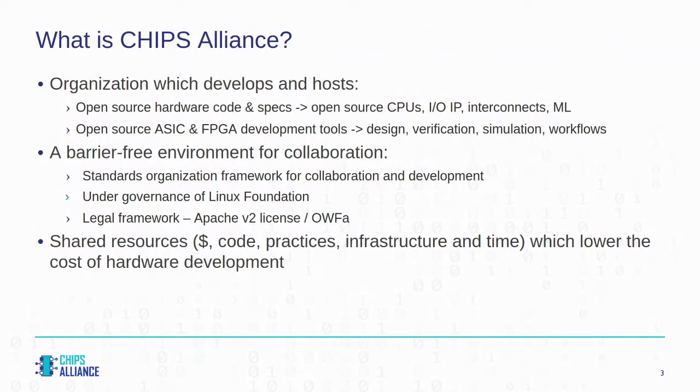Chips Alliance, we consider ourselves unique in the sense that, first up, of course, it's an organization that you can join, right? It's a Linux Foundation hosted organization that hosts companies and universities. And what we're doing as part of this effort is developing and hosting first open source hardware code and specs, right? So you could think open source CPUs, interconnect IP, or IO IP, or machine learning accelerators, all sorts of different things you might want to put into an ASIC or in an FPGA. So not just CPUs, not just cores,